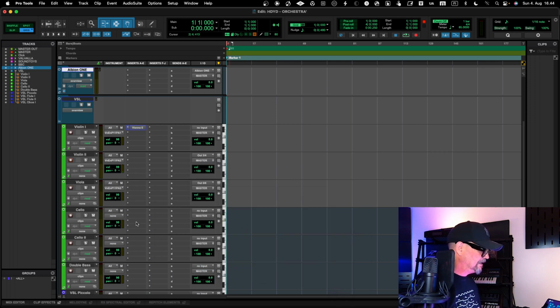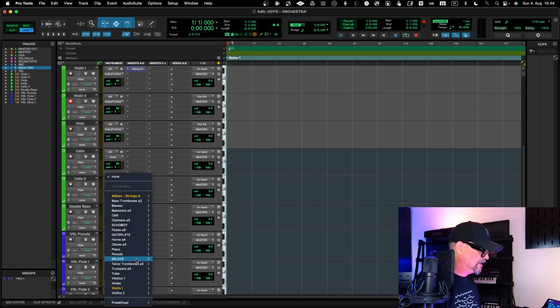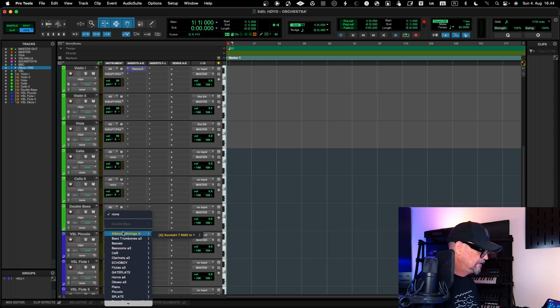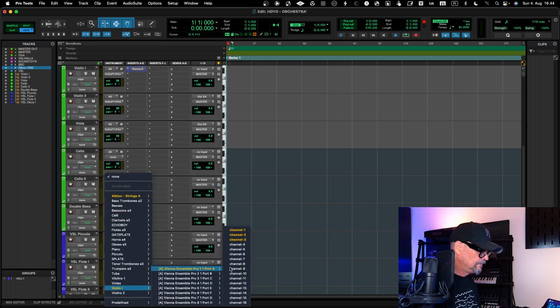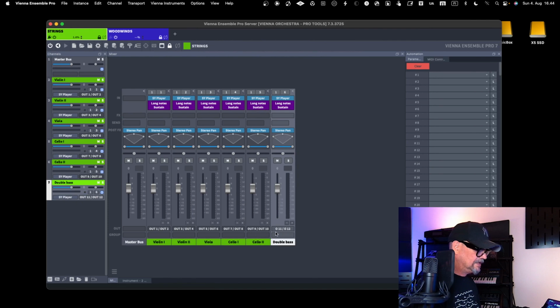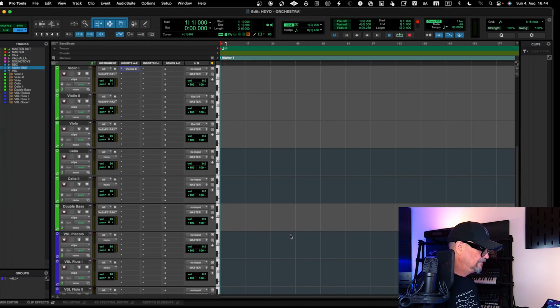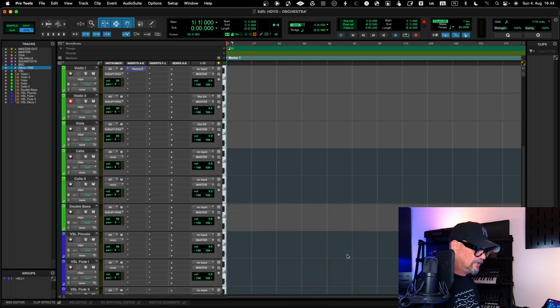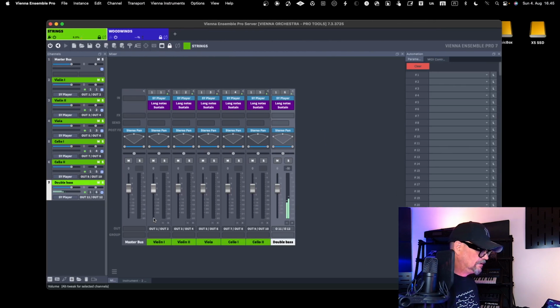And then let's go to the double basses. Let's do the last one, so you can definitely hear the difference. How many are there? 1, 2, 3, 4, 5. This should be channel 6. Let's go down here, this is channel 6, and let's take a sneak peek from here. That is 11 and 12 for the double basses. So if I go here and choose plug-in, Vienna Ensemble Pro server, and now I'm arming this one. I need to go most likely down to see the double basses